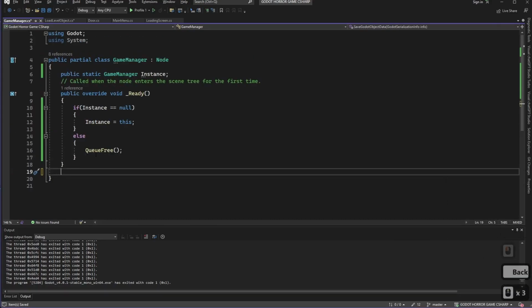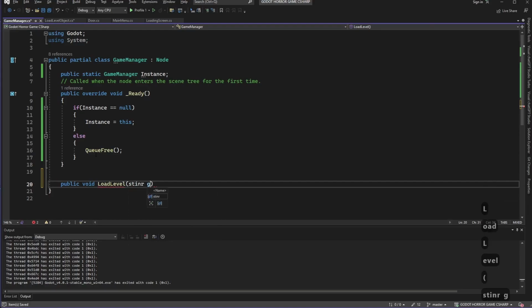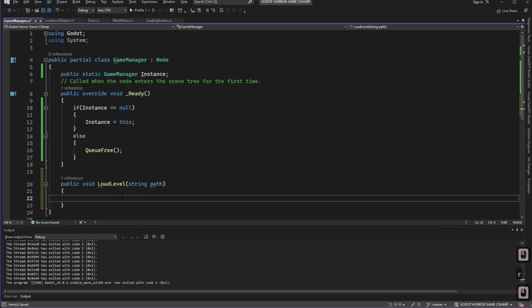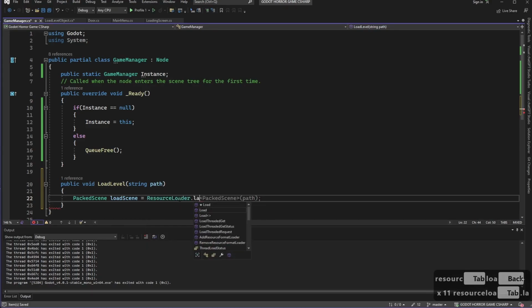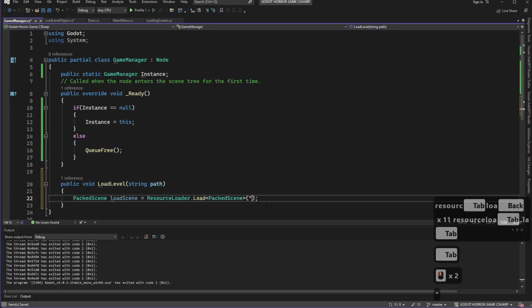And then all we have to do is create a load level function. So public void LoadLevel. We're going to pass in a string path like that, preferably spelled correctly. And what we'll do is we'll say PackedScene loadScene is equal to ResourceLoader.Load as a PackedScene our actual